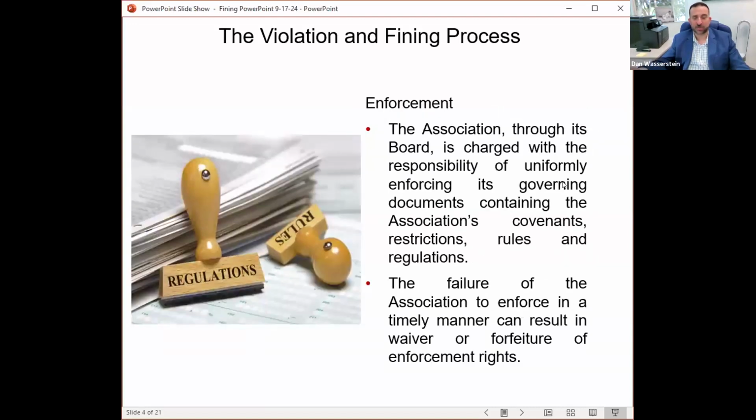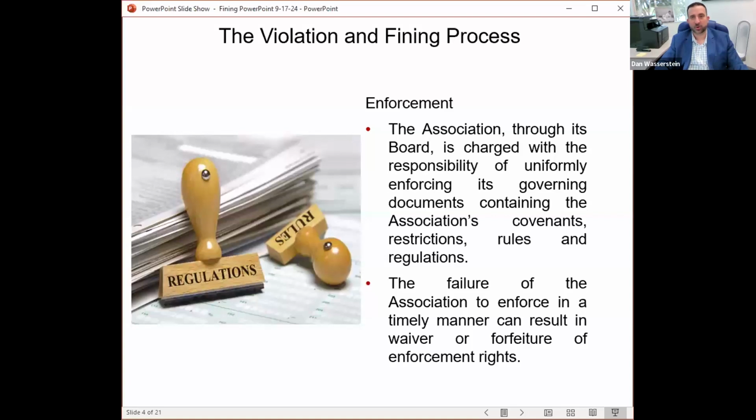Now, how do you achieve enforcement? Who does that? Well, it's primarily through the board. The association and the board members have a duty to enforce the governing documents and to do that uniformly. And I stress uniformly because that's a very important word. We'll see later, at the end of this presentation, when we talk about common defenses that owners raise,